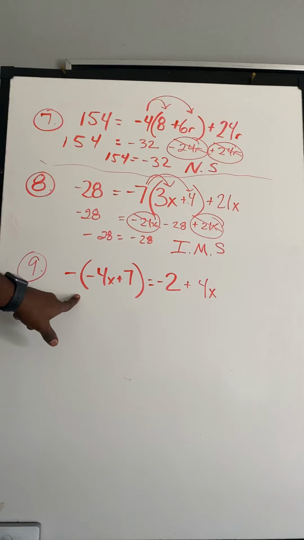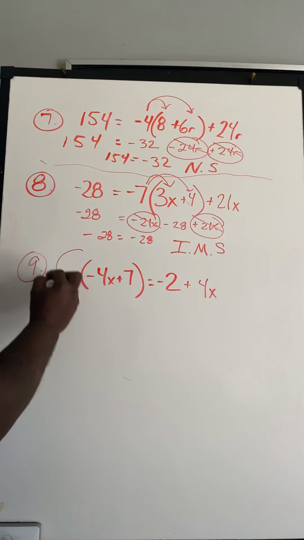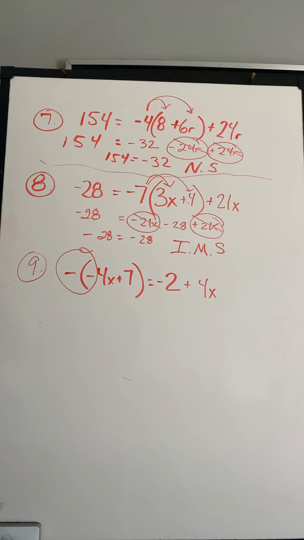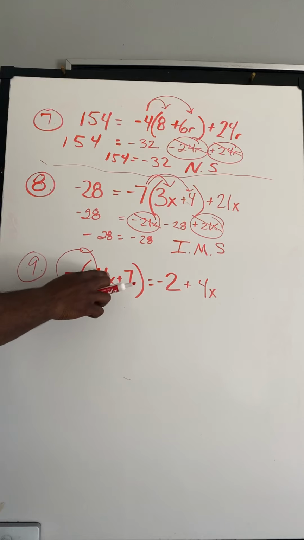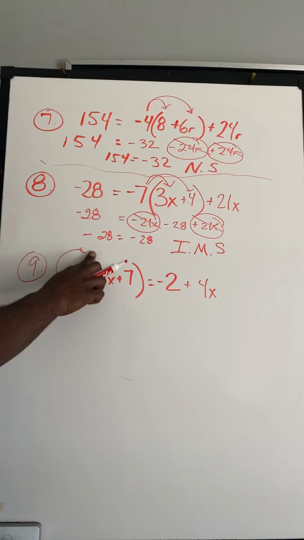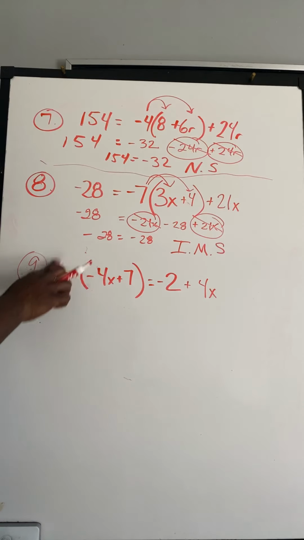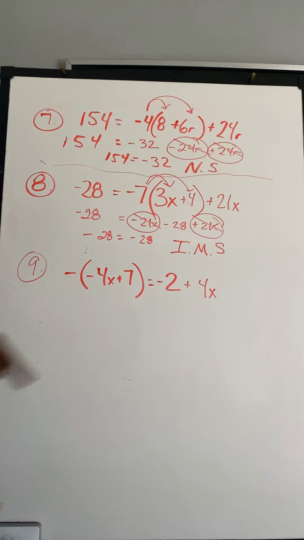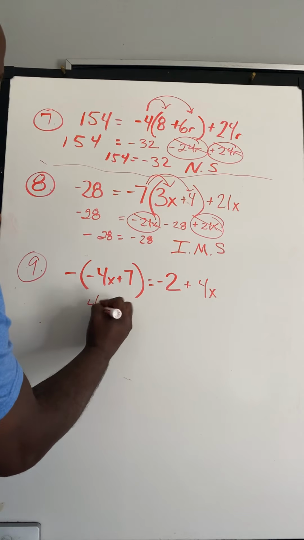Now, notice anybody here? Some of you guys remember maybe from the 7th grade year, who is that guy? That's the good boss. And what happens is when you have the good boss, it becomes positive. See how it makes this guy positive 4x now. When I have a negative outside of parentheses, remember there's really a -1 right here. The 1 is invisible. We need to distribute that -1 into the parentheses. Remember the shortcut: when we distribute a -1, all we do is change the signs of everything inside the parentheses. So this was -4x, now this is positive 4x.